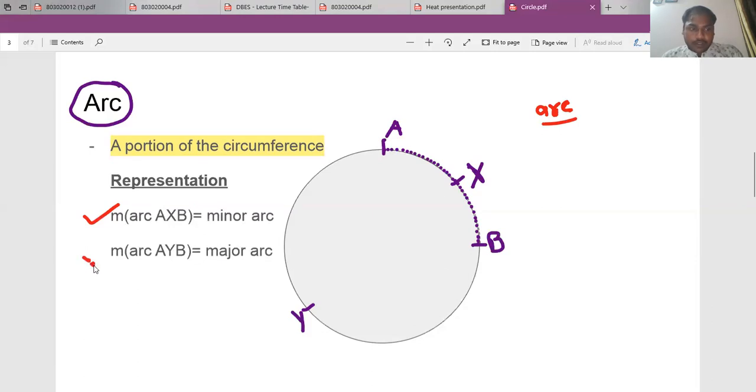So we will move further and try to understand the next thing. Minor and major arc are clear, and this M stands for the measures. So what is the meaning of the measures? Try to understand. For example, let's say this is the center, and this is the initial arm. We have taken one more arm, the terminal arm, and we start rotating this terminal arm in this way, and we come back to the same position. That creates a complete rotation. The meaning of a complete rotation is 360 degrees.